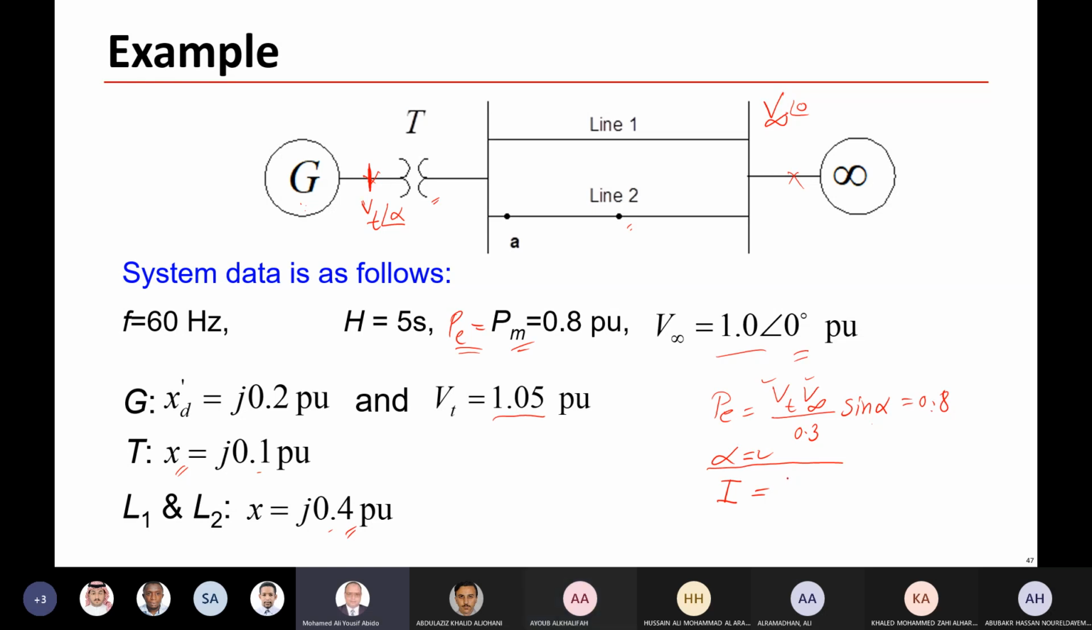You will write here what? V terminal. Yes, minus the V at the infinite bus, over the total reactance. How much? We just calculated 0.3. Is it 0.3 or j0.3? No, j0.3. You have to be careful. This is a phasor V_T with angle alpha, and this is 1 with angle 0. And so you can get the current. And then after the current,